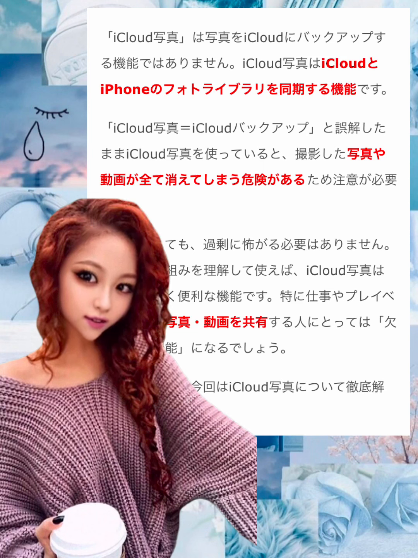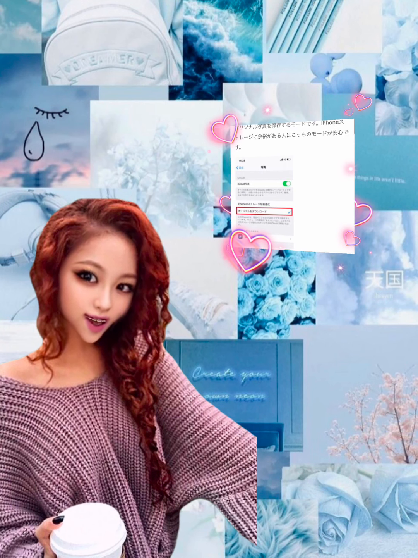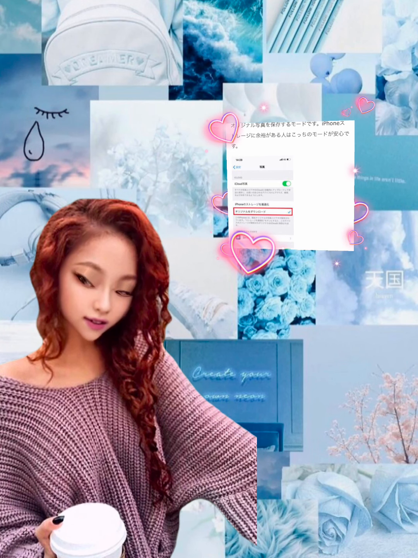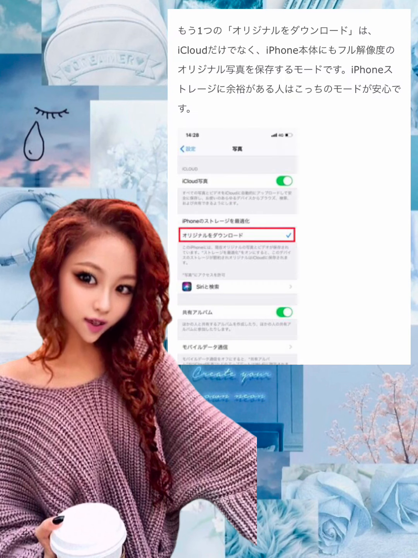So, if iCloud Photos is turned on, will everything be solved? That said, this also has a lot of inconveniences. For example, if you want to load a photo from your iPhone onto your PC, and you have iCloud Photos turned on so you only have thumbnails inside your iPhone, you can't copy and paste from the iPhone to the PC. So why not copy and paste from iCloud Photos to your PC?